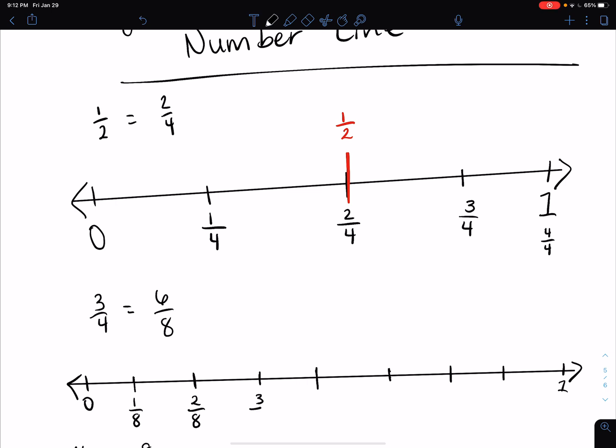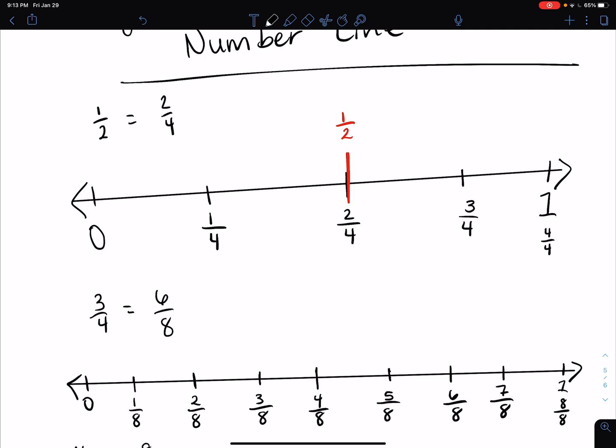2/8, 3/8, 4/8. Oh goodness. 5/8, 6/8, 7/8, and again, this one could be 8/8. So now that I know that, I can see where my